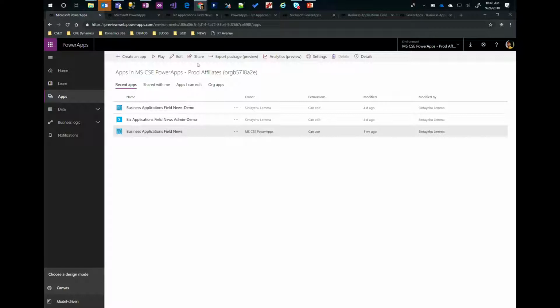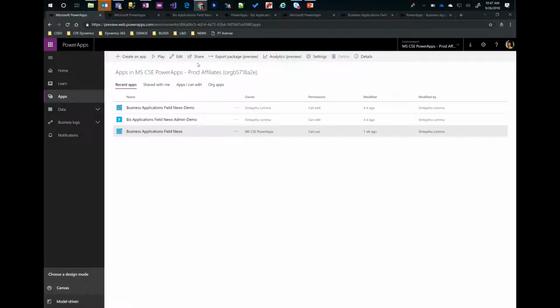So here, I have a demo environment, so this is not my production environment. What you see here are the three applications which have been published or which I am the admin on. The two which I am going to show here are the ones used for publishing this news service. As with any interface, there is an admin interface wherein the content admin of this application can go in and push out the updates. So let's say there is an event coming up next month and my content admin has to push out that event, they will use the admin module to go and publish that.